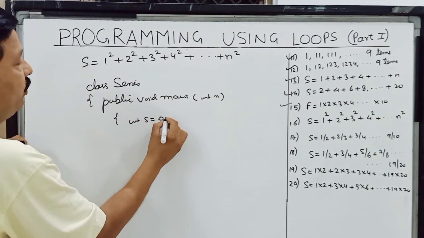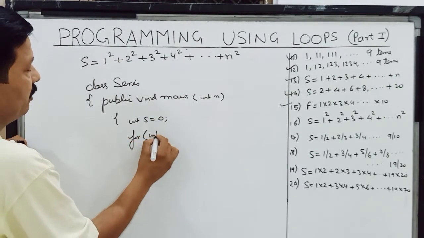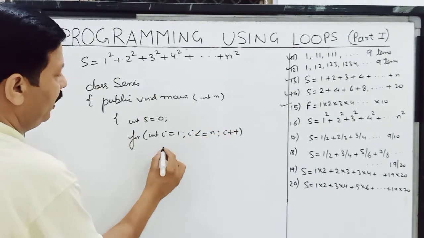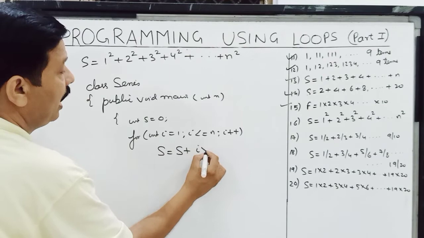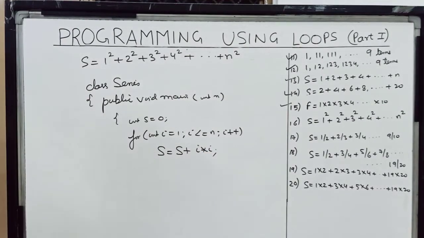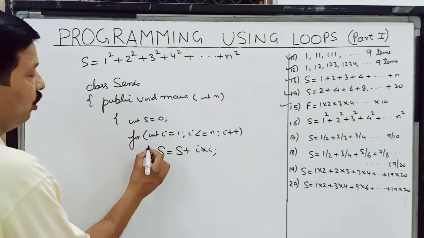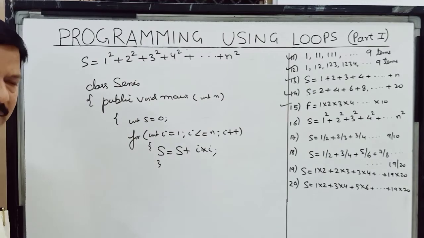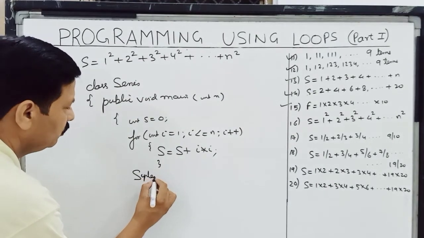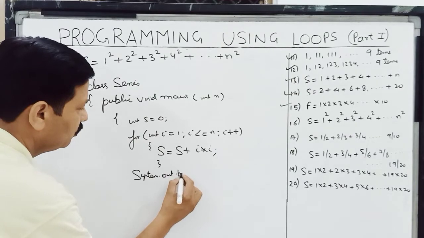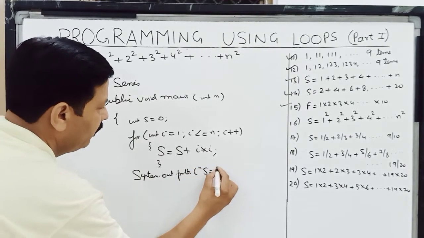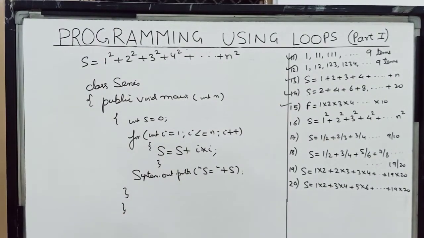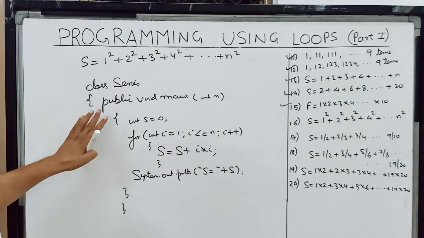Now I say s is equal to 0. Here I am going to calculate, and it is 1 to n. Sum is s is equal to s plus I into I. It is asking us to calculate the square of a natural number. So this is the statement within the loop, and the braces can be eliminated. It is up to you. S is equal to, I print this value, and this value gets printed. So I hope this series is clear to you all.